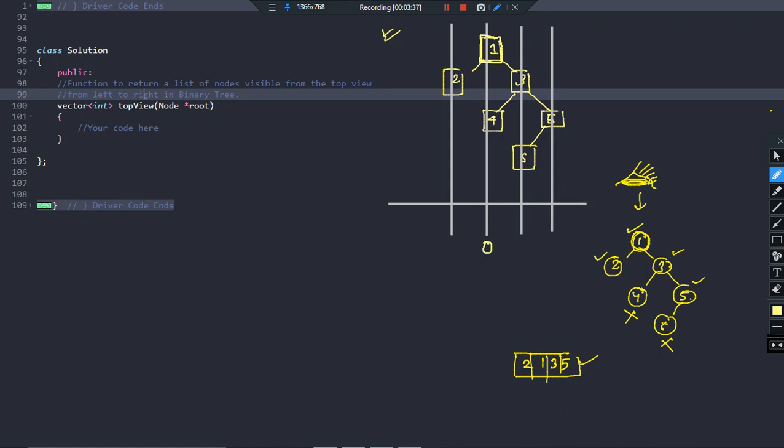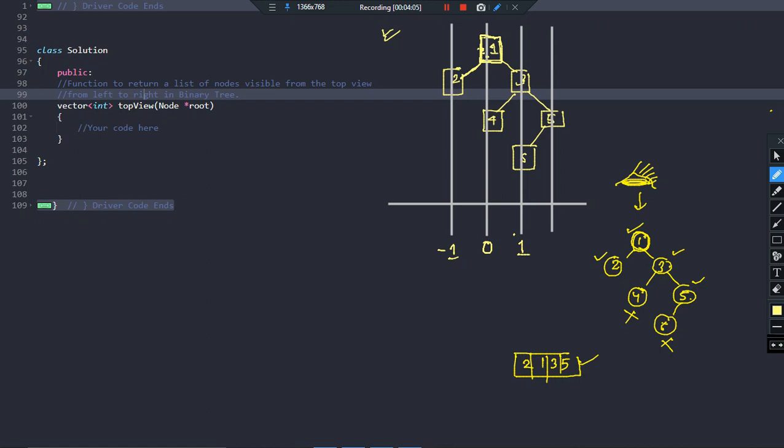The left child of any node will be at position 1 less than the root node. So the left child of this node, that is 2, will be 1 less than the address of this node. So the address of this node is 0, which means on the number line this position will be -1. The right child will be at position 1 more than the parent node's address, so +1.